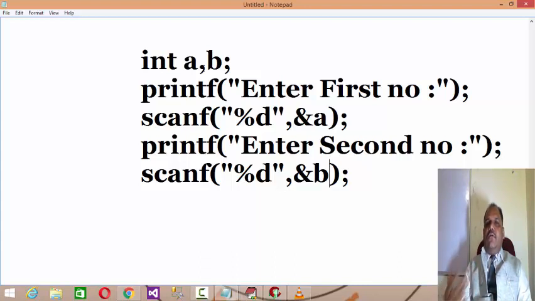But now if the user wants to input dynamic values, whatever values he needs to perform the arithmetic with, he should be able to enter them, and then the arithmetic is performed on those entered values. For that you have to use a scanf statement. Let's go to the program and work it out.